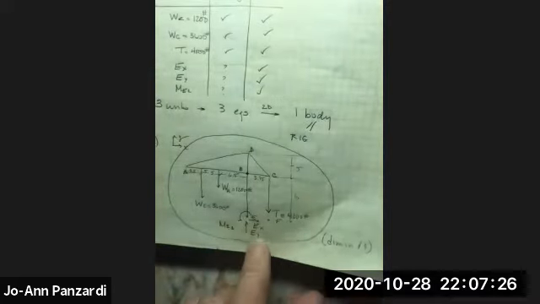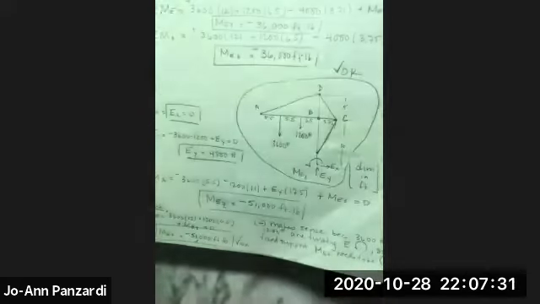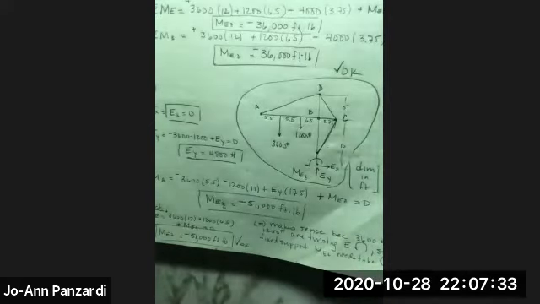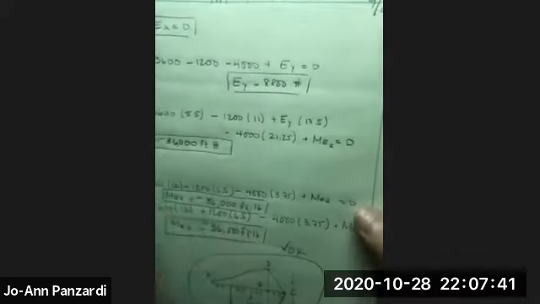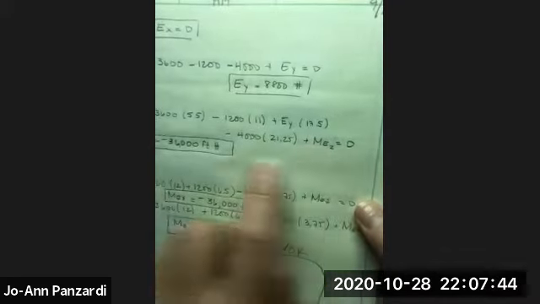Okay, all the forces are in X and Y, so I don't need to find components. So the first equation that would be best is the sum of the forces in the X, and I get EX to be 0. Sum of the moments, what's the next sum of the moments? I chose to do the sum of the moments about point A. Maybe that wasn't the greatest point. Maybe I should have chosen to do the sum of the moments about E. But in any event, I chose to do the sum of the moments about A, and I found that the moment